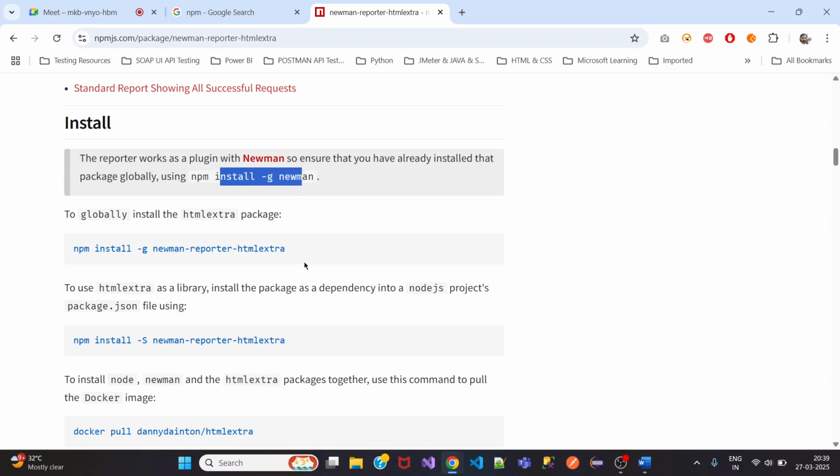Okay, if you have Newman installed, then select this complete. Not the second one, not the -S1. It's -G. What is -G? It's globally installing this particular extension in your system. Okay, globally installing. So we copy this